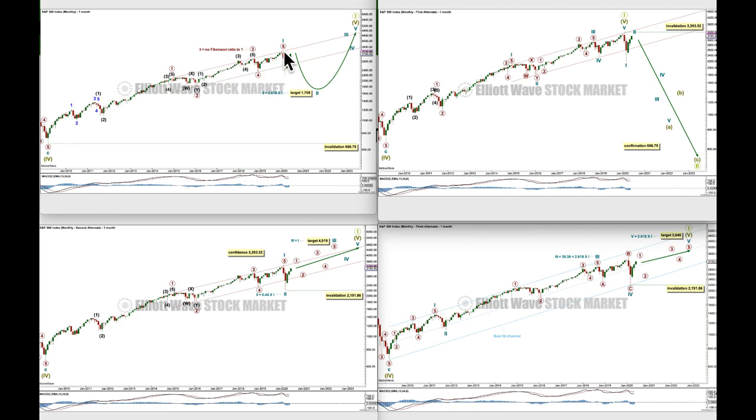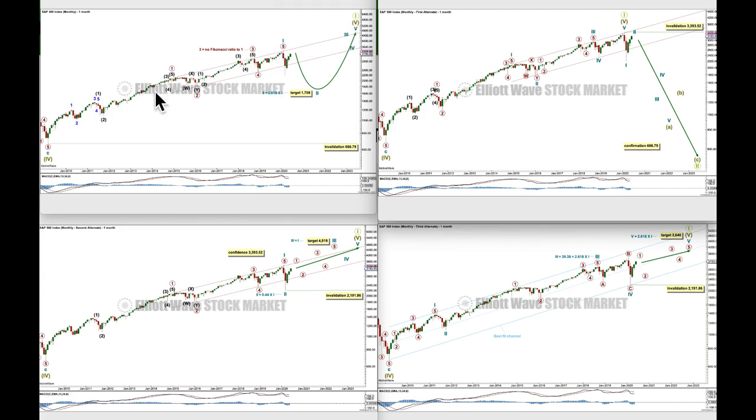If cycle wave 1 is over there, then probably a zigzag for cycle wave 2 may have begun and may be incomplete, and the target remains the same. When 2 is complete, then 3 higher should begin. When 3, 4 and 5 are complete, then super cycle 5 may be complete.